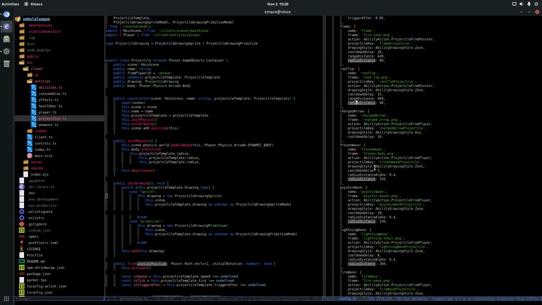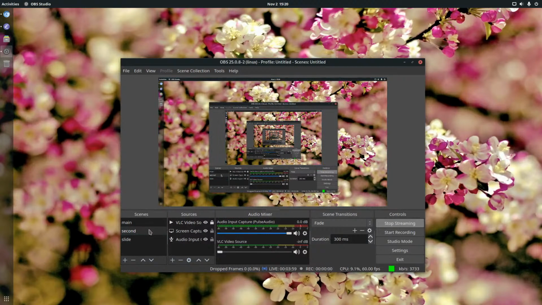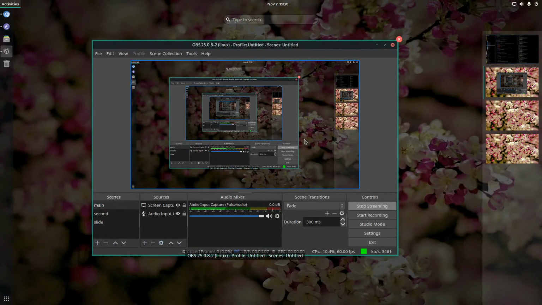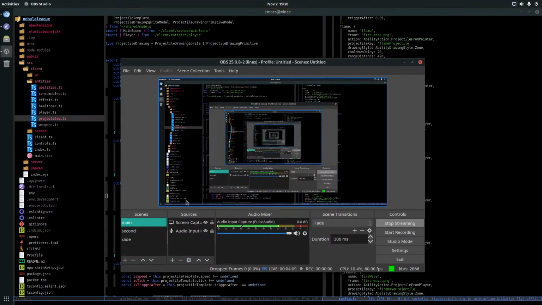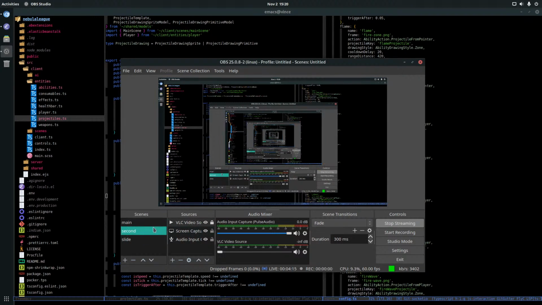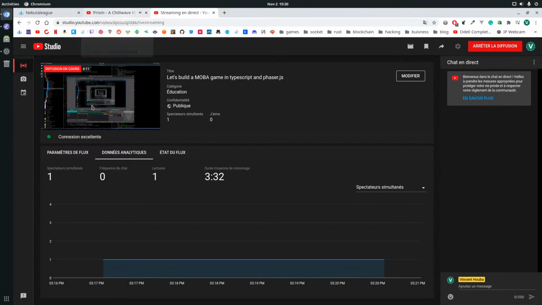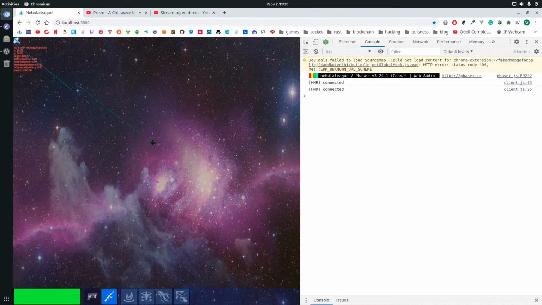Oh, my camera go away. Why? Don't know. Something is messed up, I think. I'm not on the right IP, okay. Cannot see me actually. Okay, don't bother us. Don't need to see me.